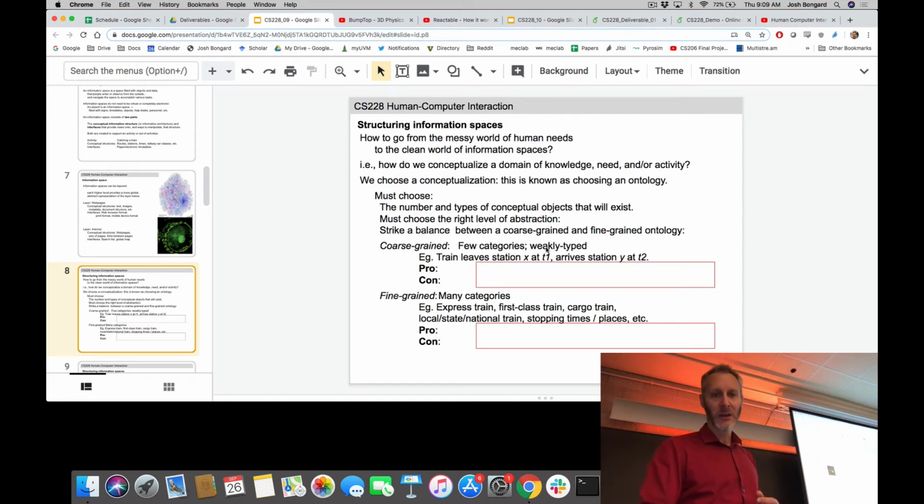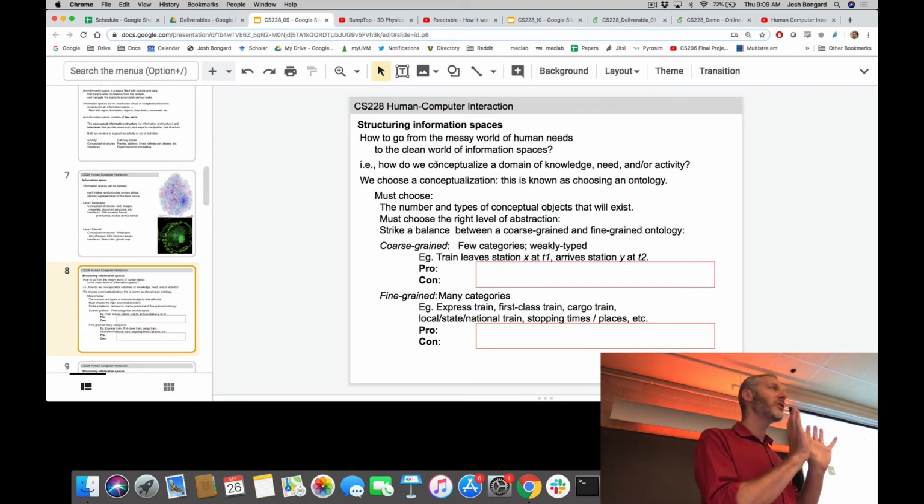How do we go about translating the messy world of human needs into the clean world of information spaces? Josh P. last time walked you through some of this design process. What we're going to focus on now is sort of the philosophical side of this transformation. How do we conceptualize a domain of knowledge? In the early days of GUIs,